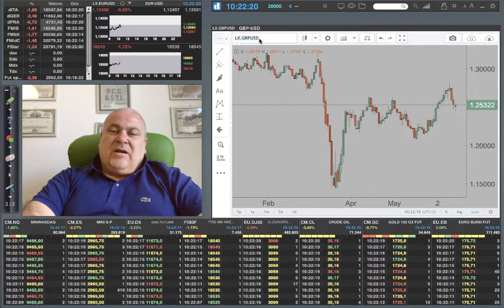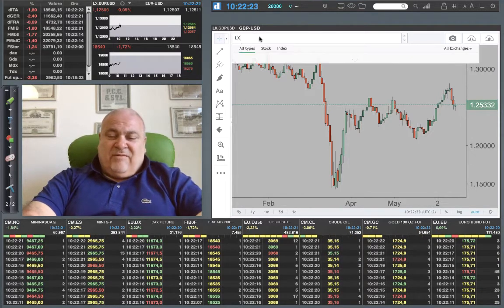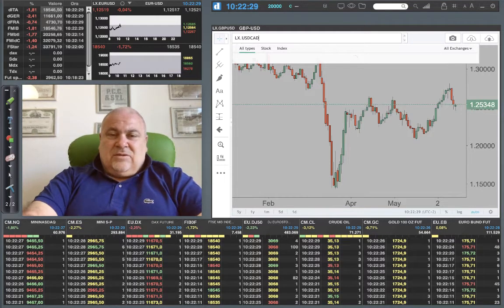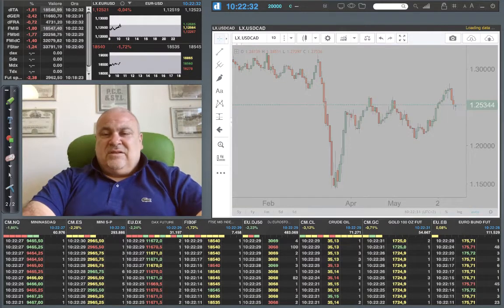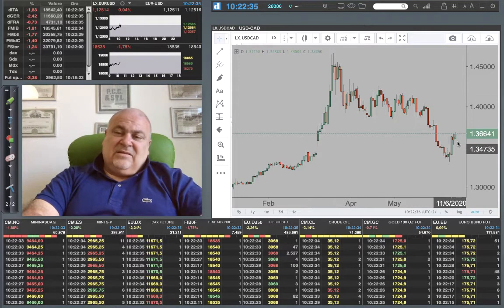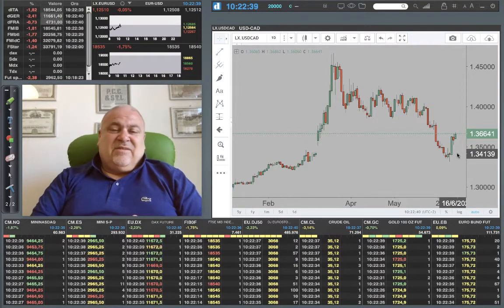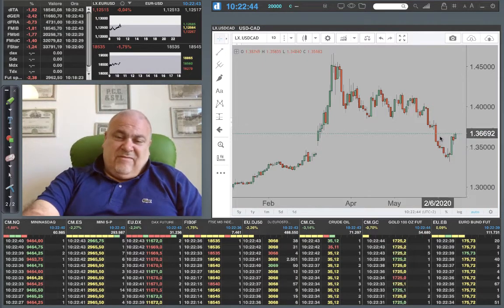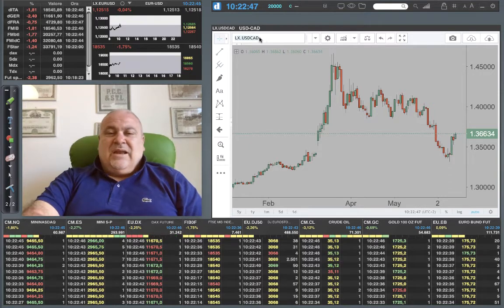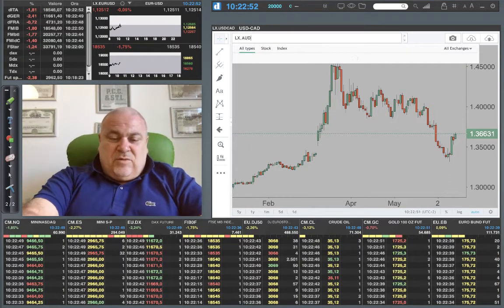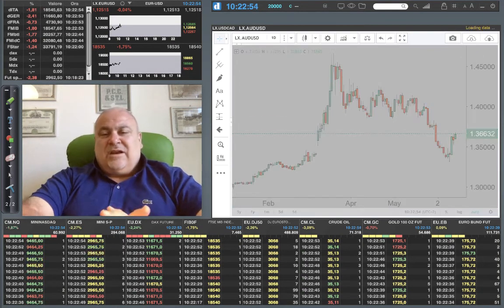So what about the dollar compared to other currencies? Let's see, for example, the dollar compared to the Canadian dollar, and here we have the situation. Same situation here. The dollar was weaker, and we have seen during the last days that the dollar strongly rebounded against all the currencies. Something similar we can see if we compare the US dollar also with the Australian dollar here.